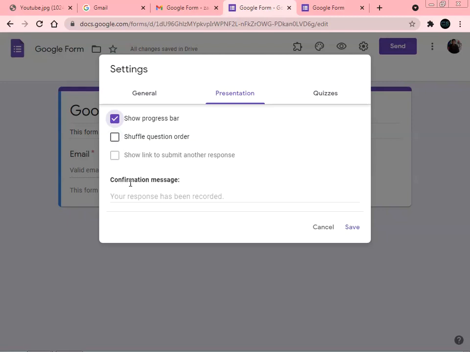And last, here we are getting the confirmation message. Here we have to write some message that will be displayed to the user.